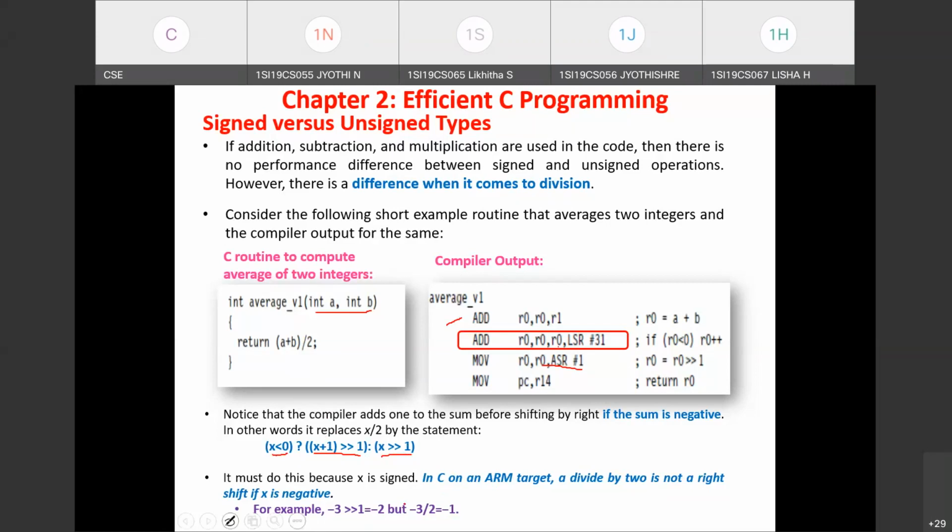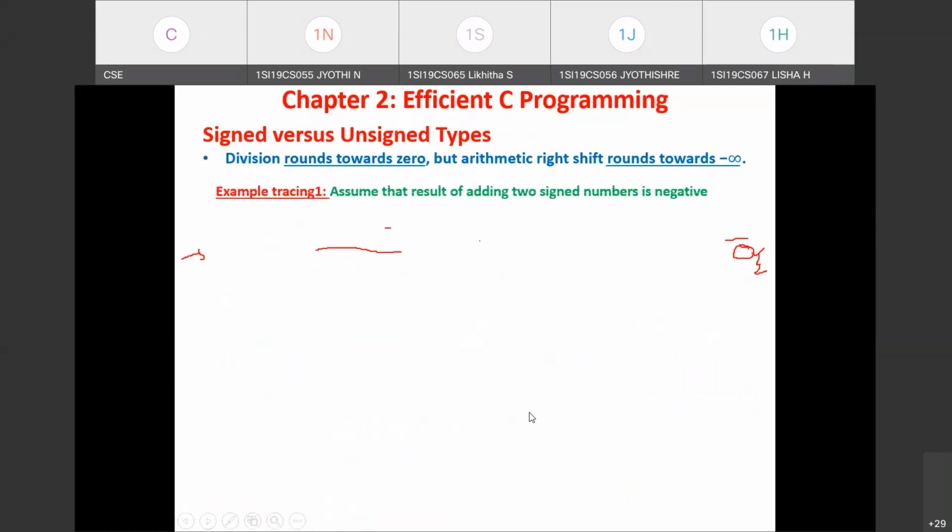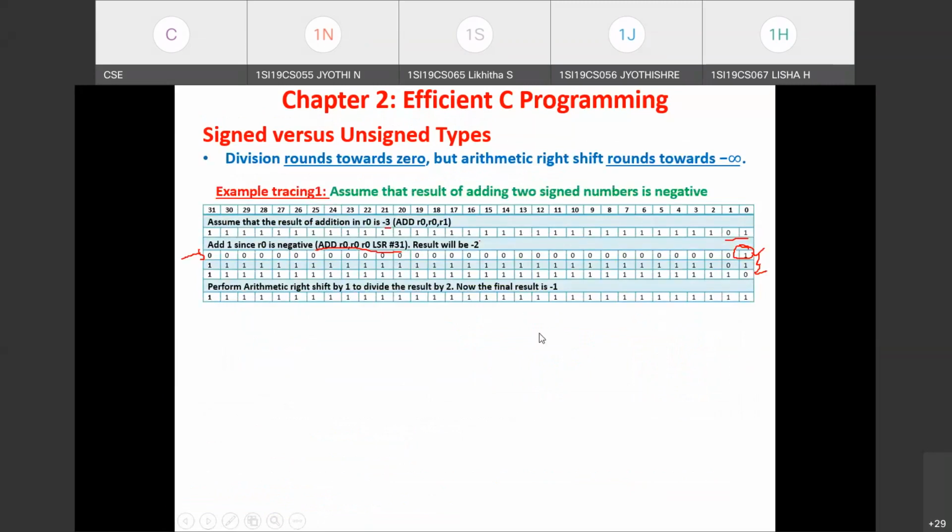So to understand this, I have prepared that table. This is the result after performing the arithmetic right shift one time. Just see what result you got if you arithmetic right shift this value one time. The least significant bit 0 will be lost and the MSB will be filled with the sign bit. So what is the final result you'll get? It is all ones.